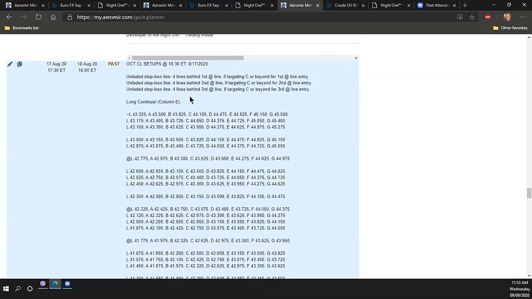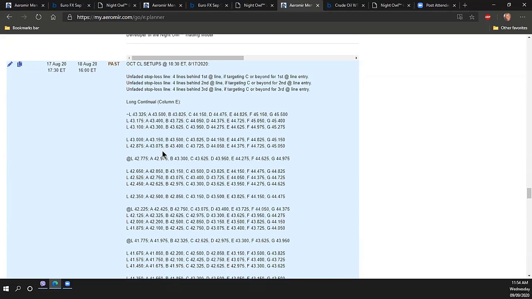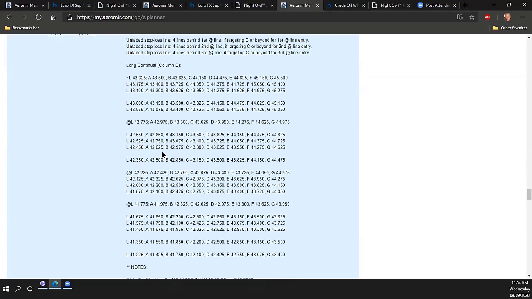So those stops created less risk for us on our trades. In fact, it cut the risk in half, thereby doubling the reward to risk ratio. It was one of my favorite discoveries. Now, I won't say it is my favorite, but it's one of my favorite discoveries in developing Night Owl,